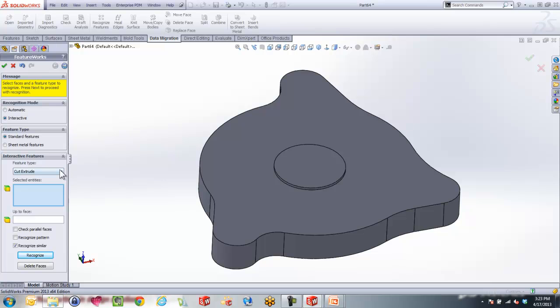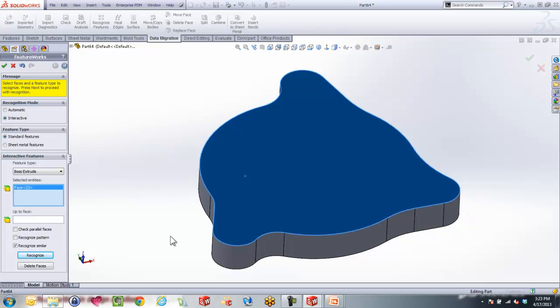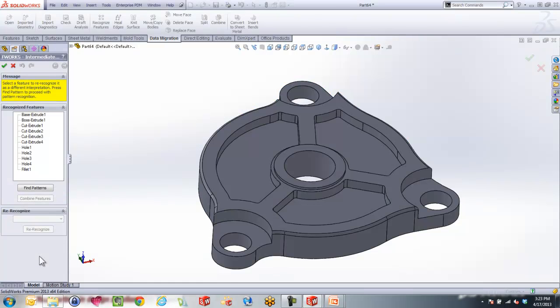But as you can see here, as we're removing them individually, next is maybe this thing here. It looks like it might be a boss. So I'm going to go up and choose boss extrude. Recognize that. And finally, it's probably the first face here, right? That might be the first thing we started with. When I hit that, we will see we get a feature layout. And when we hit the green button,